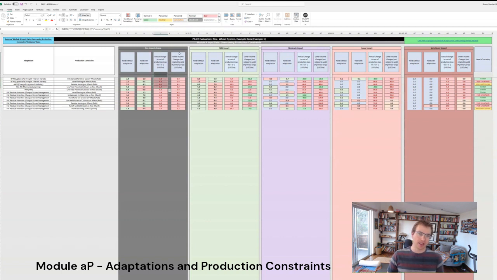The final element that we ask is around other income changes. So this one is a little bit more complex. The things to remember are, we are not talking about yield or the value of yield improvement because we capture that over here. And we're not talking about the change in cost of production. What we're talking about here is other non-yield related income. So the key thing that we need to capture here are things like if it is diversification,